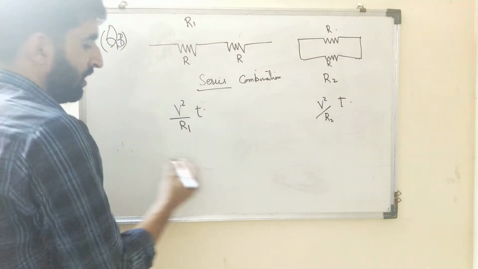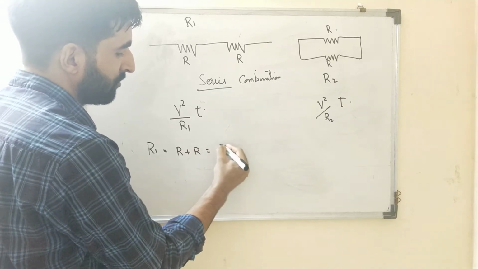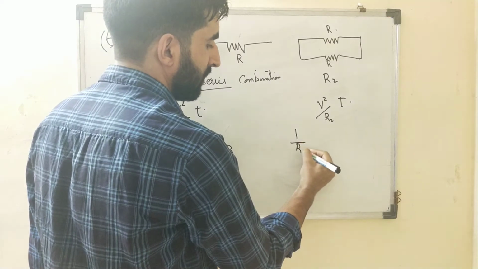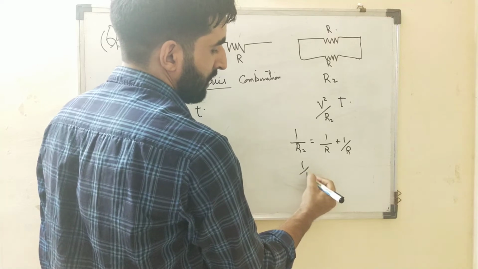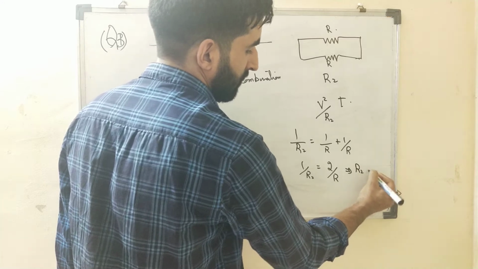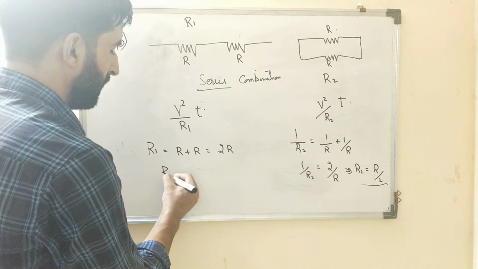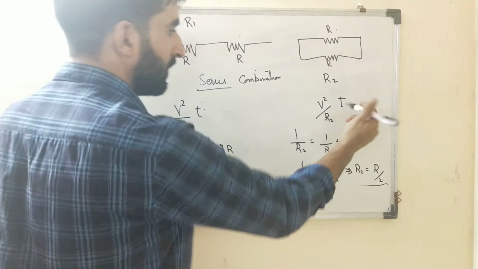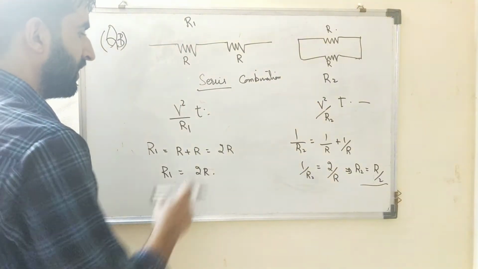So R1 will be equal to R plus R, so this will be equal to 2R. Here for the net resistance R2, 1 by R2 will be equal to 1 by R plus 1 by R. So 1 by R2 will be equal to 2 by R. So R2 will be equal to R by 2. So this is the net resistance. Now you can substitute the values of R1 and R2 and divide both, and you will get the answer. So V square by R1 into T will be equal to